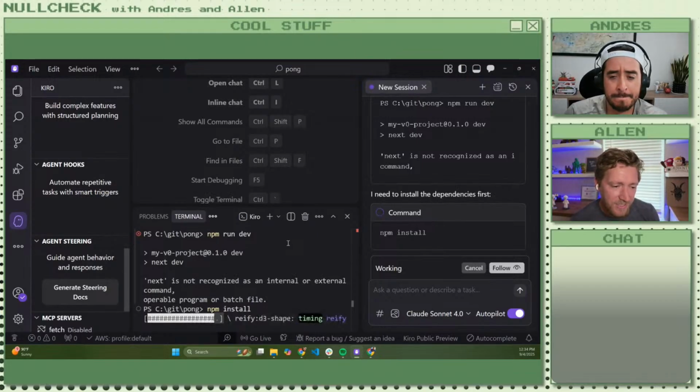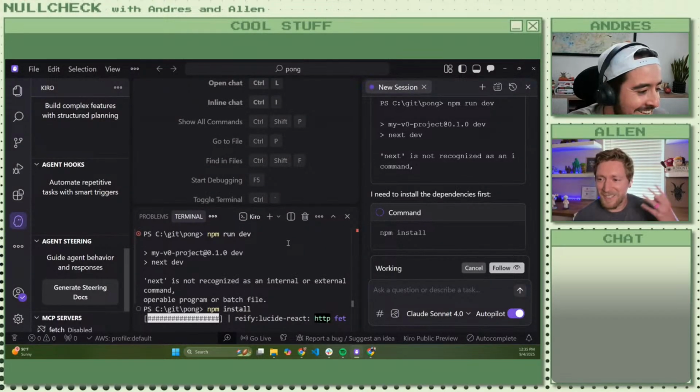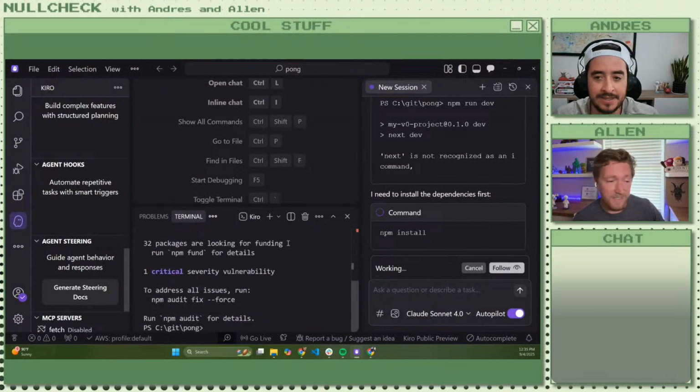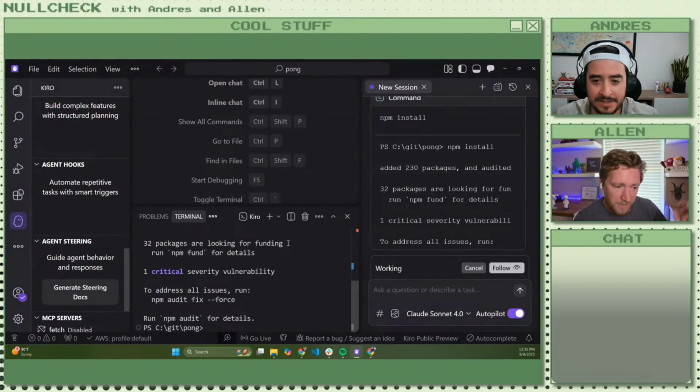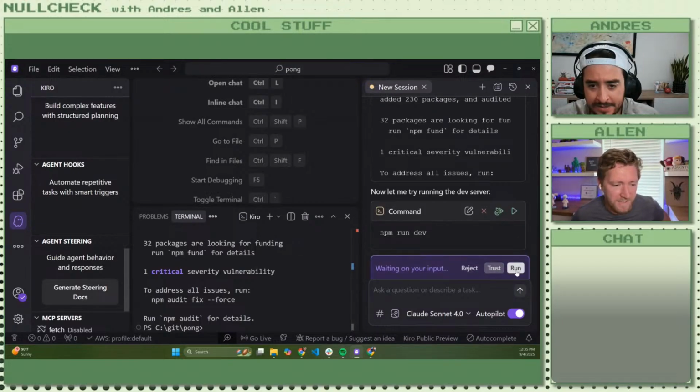So it seems like right now it's trying to triage what's going on. Honestly, I wasn't ready for that, but I prompted it. I gave it a pretty vague prompt. I really wanted to create the product definition and the steering docs at the beginning, because this is a brand new folder. All I did was unzip that file and move it into this folder I already had on my machine called Pong. Okay, so now it's going to try to run that.